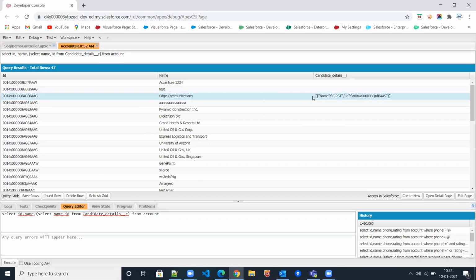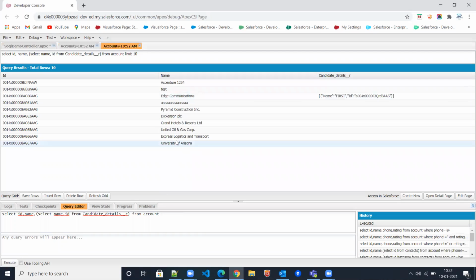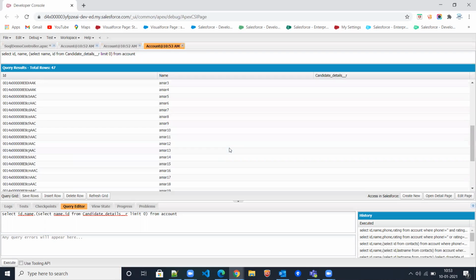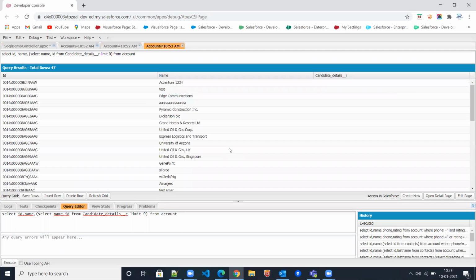So why is it showing one record? Because we have only one record. If we are saying limit one, we can also write a limit and all. If you want to show that, we can do it. If you write some limit here, like limit 0, we are writing anything here in the limit 0.